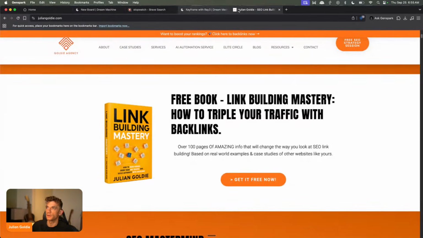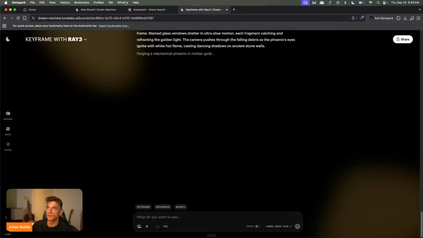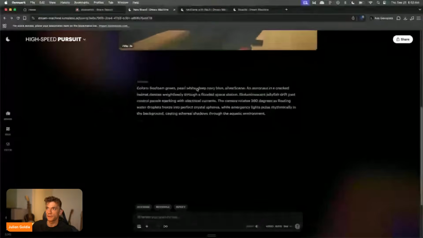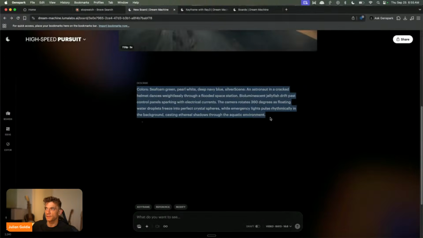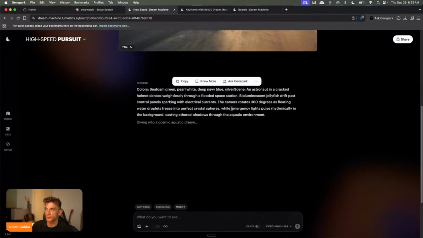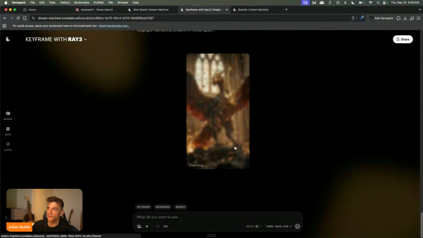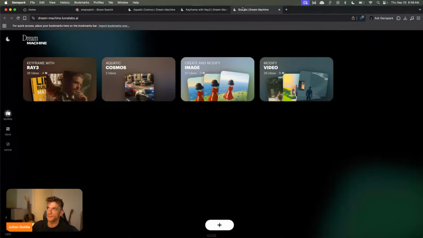And we'll try this one as well. So this one we're generating a seafoam astronaut ballet dancing underwater. We've got the Phoenix being generated over here.